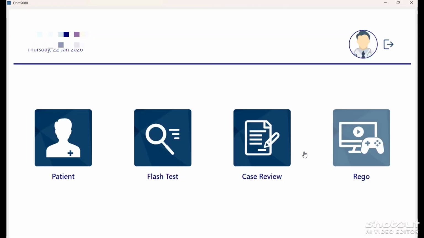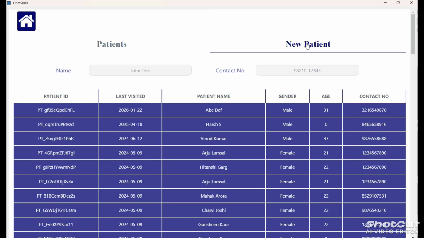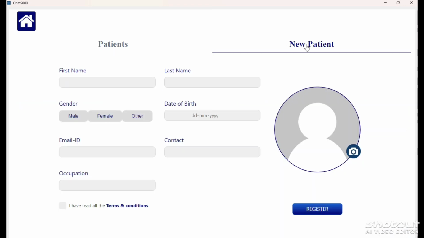After clicking on enter, your home screen opens like this. After that, we go to the patient, and then go to new patient, and all the columns shown on the display are mandatory to fill.